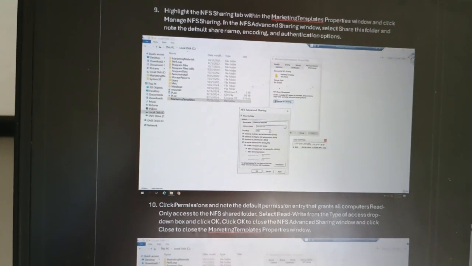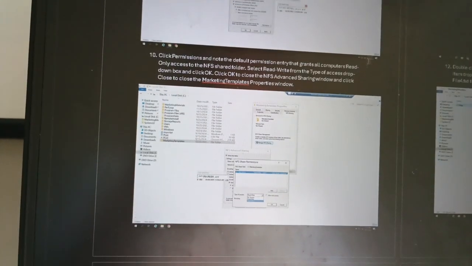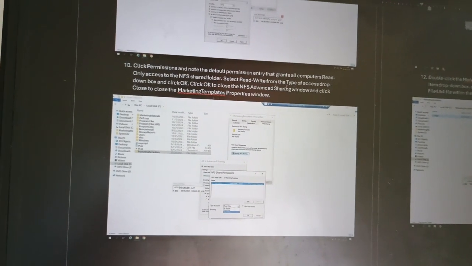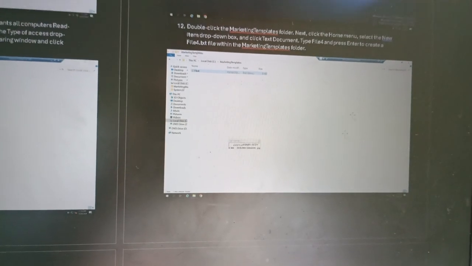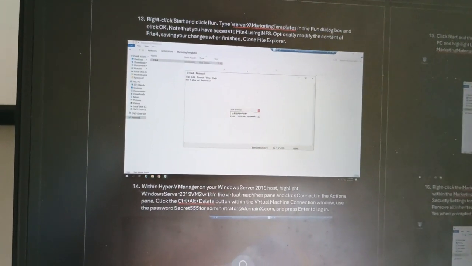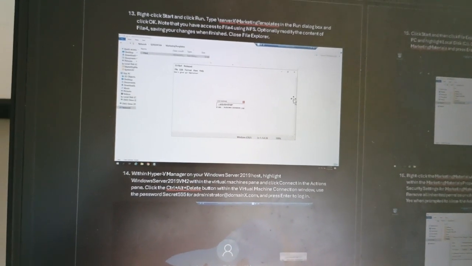In the NFS sharing tab, I clicked Manage NFS Sharing, selected Share this folder, and then I clicked Permissions and changed it from Read Only to Read Write. I then closed File Explorer again and then created a file4.txt file in the Marketing Templates folder. I then typed serverX marketing templates in the run dialog box, and it gives me access to the folder